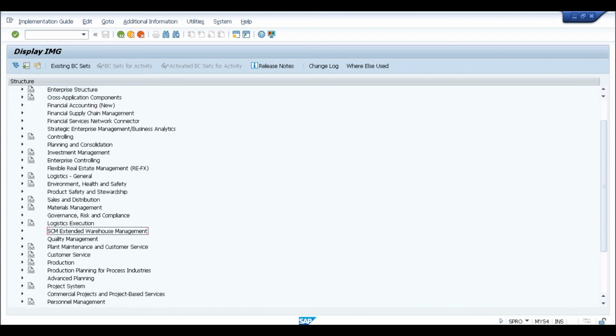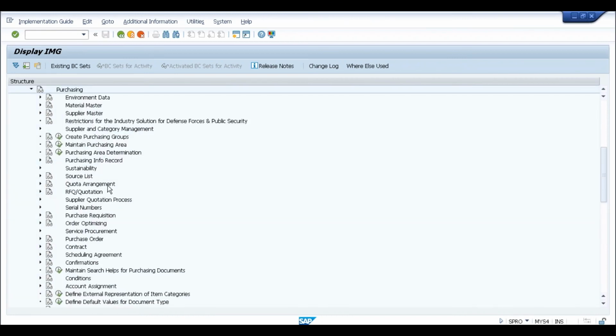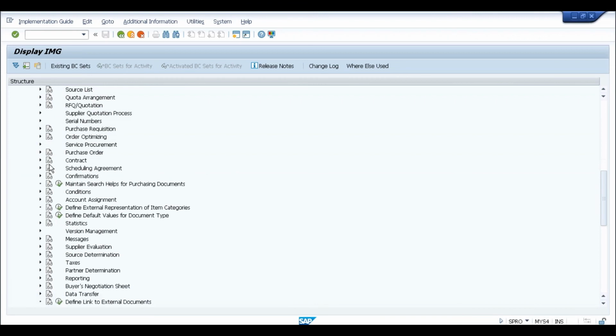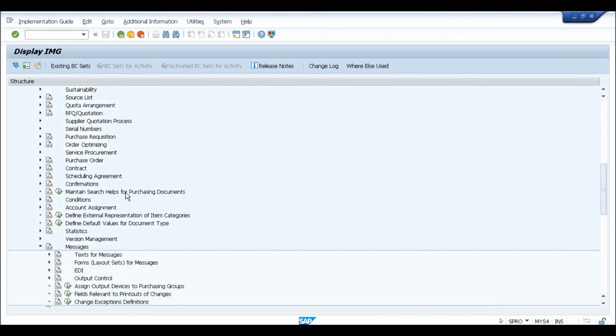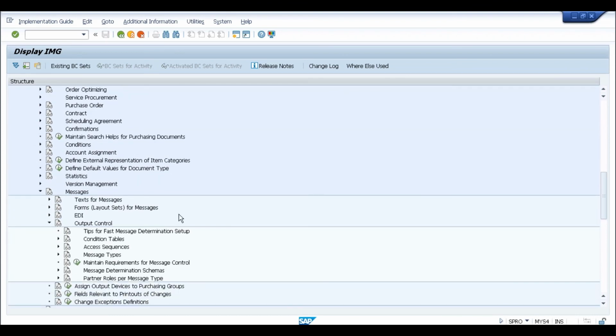Okay, let's try to see that in materials. We'll just use 5 minutes if we are able to do it, otherwise we can do it afterwards. Yes, purchase order and, no, output determination should be somewhere above. Messages, I think it shows messages instead, messages are available here. So messages, then you have output control. No, right. This is message type and